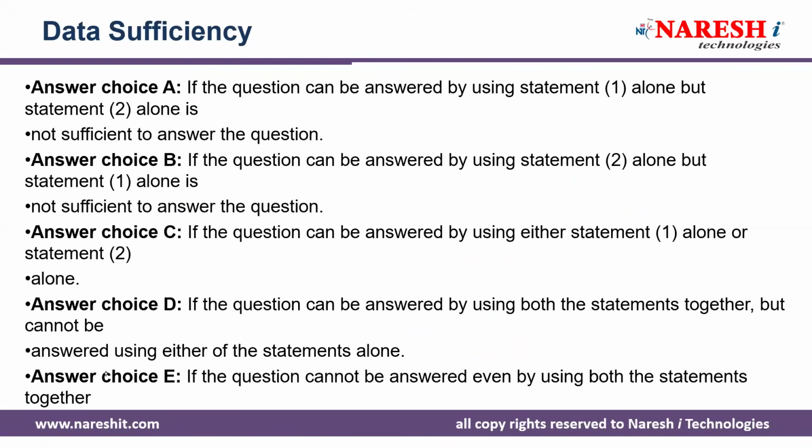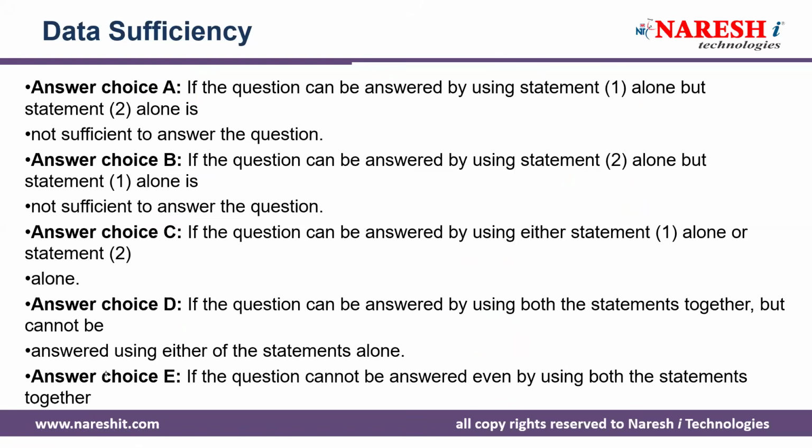I repeat one more time. For every question, they'll give you two statements. You need to tell which statement is sufficient to answer the question. If statement 1 is sufficient, but statement 2 is not sufficient, then only option A. Reverse: if statement 1 is not sufficient, 2 is sufficient, then B. If statement 1 or statement 2, individually any one is enough,